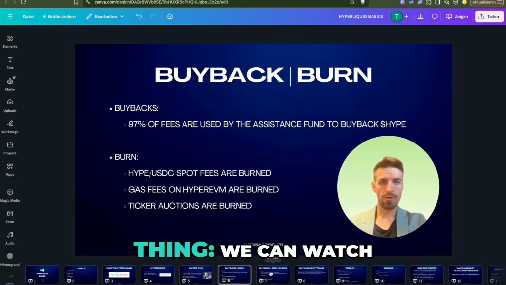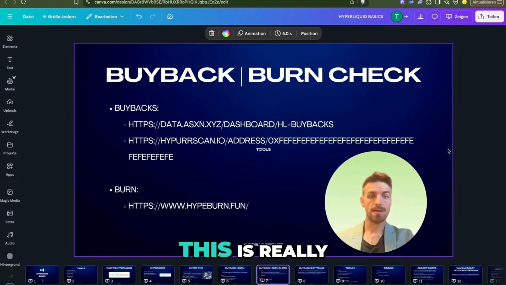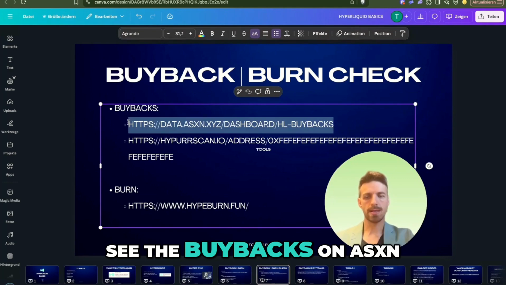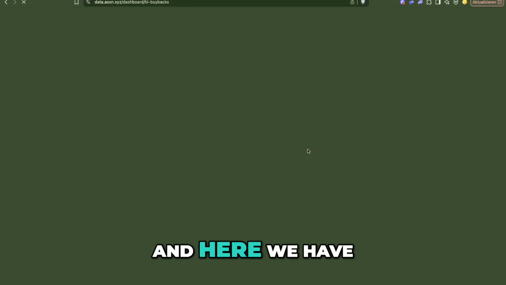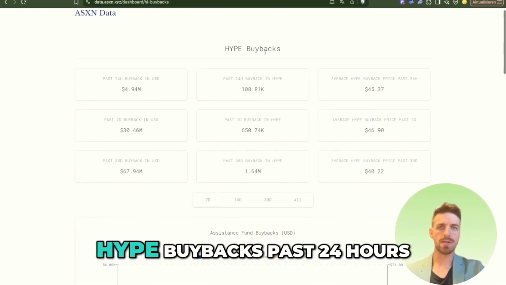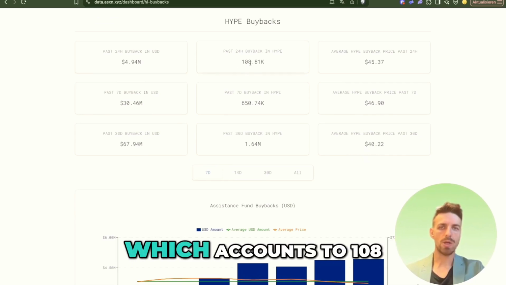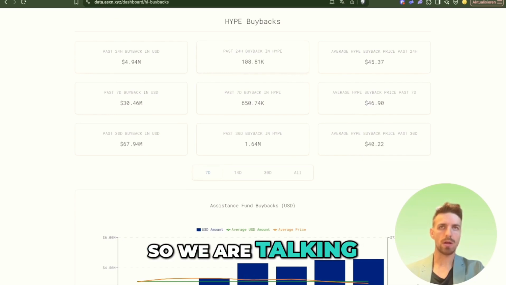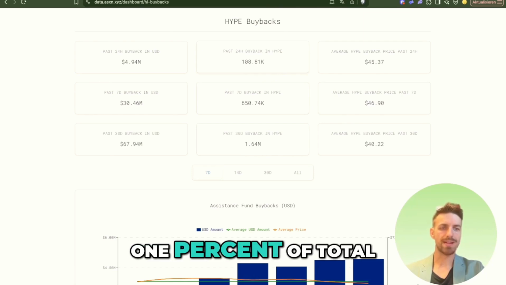But there's one more thing. We can watch these kinds of numbers live. This is really, really interesting because for once you can see the buybacks on ASXN. I can show you here. It looks like that. And here we have the data around the last few days. You can see here Hype buybacks, past 24 hours, 4.94 million in buybacks, which accounts to 108k Hype. So we are talking about the assistance fund right now buying back 0.1% of total supply per day,